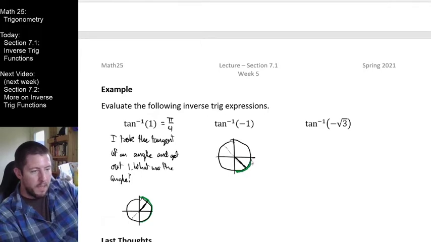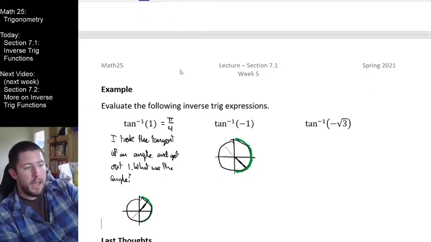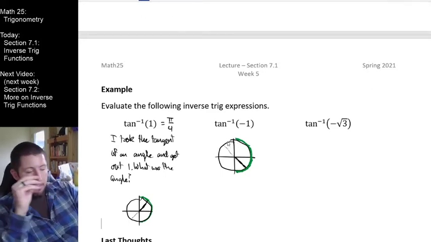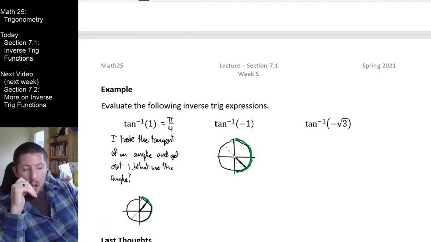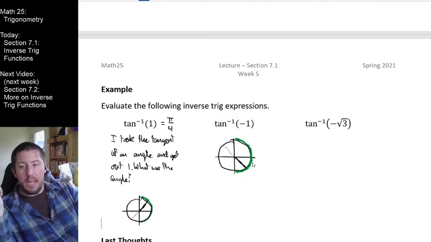Right? It's got to be one of the angles that's in this region that we've agreed upon here. So it looks to me like my answer here. And also another thing I want to point out right here, you could totally call this angle here what? 1, 2, 3, 4, 5, 6, 7 pi fourths. This sort of is 7 pi fourths, except 7 pi fourths is not in my negative pi halves to pi halves. I have to reference this angle as being negative pi fourths, not 7 pi